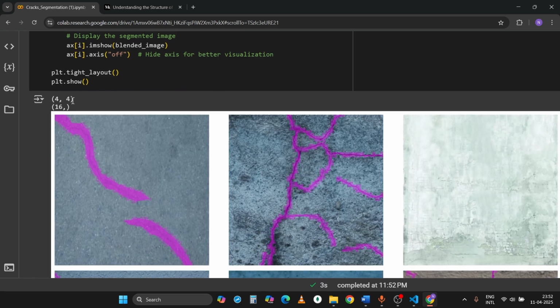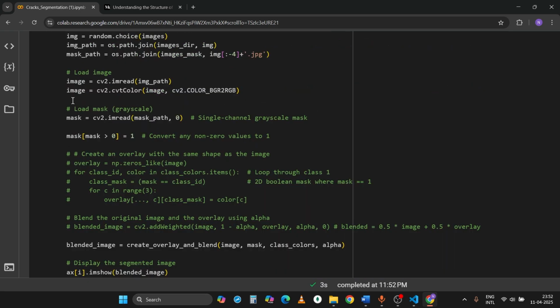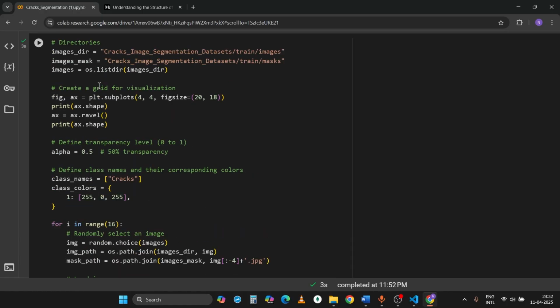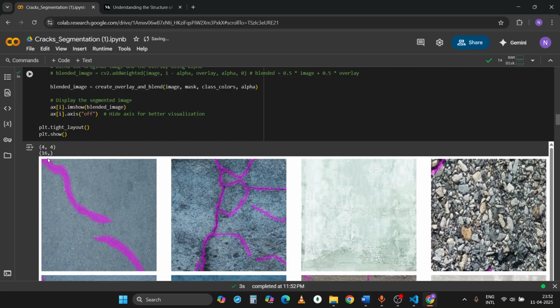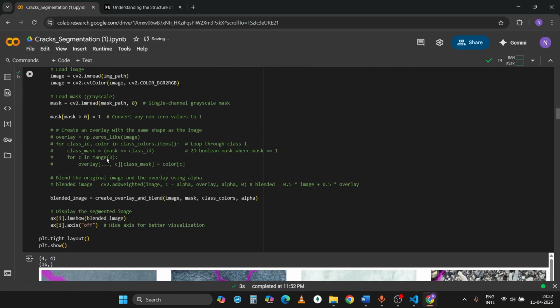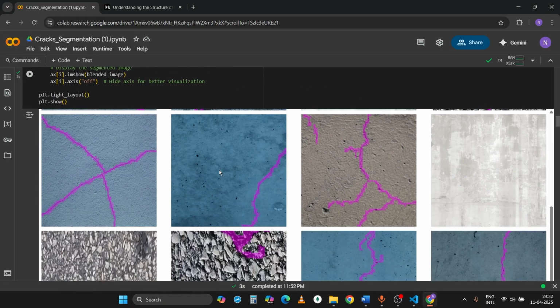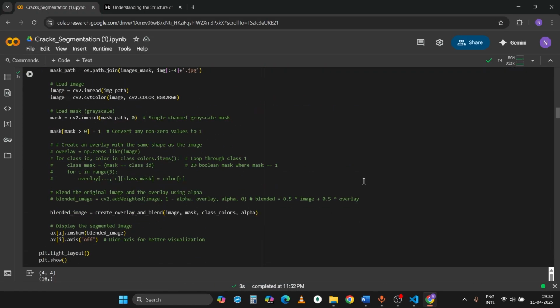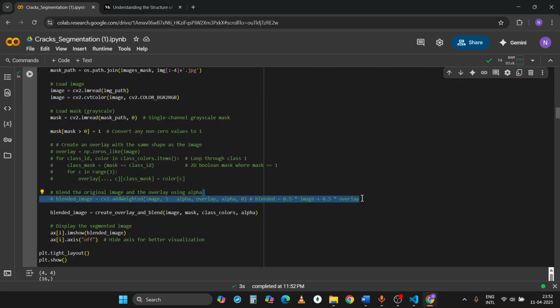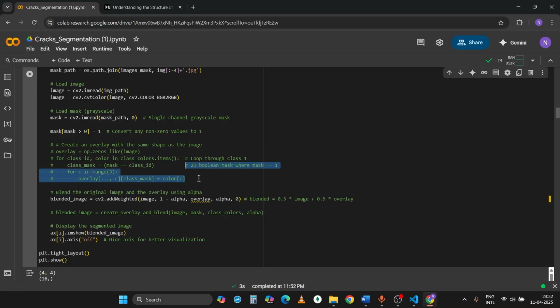See, one thing I explained before: before using ravel, its shape is 4 by 4, and after using ravel, its shape is 1D. Okay, now see the result of the blended image, the function which we have created. It's working fine. Now one more thing: when I use the function present in cv2, addWeighted, which performs the same mathematical operation on the image, blended 0.5 image, what is the difference in this? Let me show you